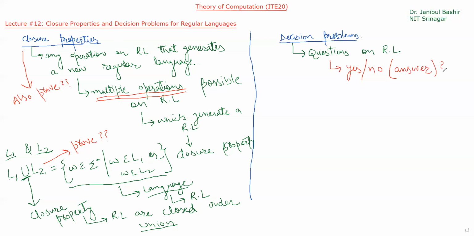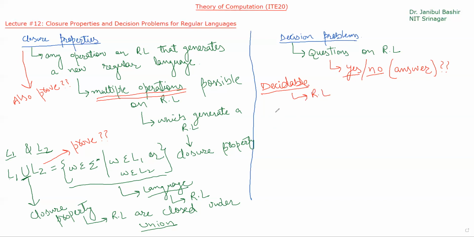So we have to discuss different decision problems and we have to see whether we can answer those problems or not. Answering those problems means whether those problems are decidable. Decidable means whether we can answer those problems yes or no. However, there are some problems which are not decidable. Not decidable means we cannot answer yes or no for those problems. So we will only discuss the decision problems that are decidable for regular language.